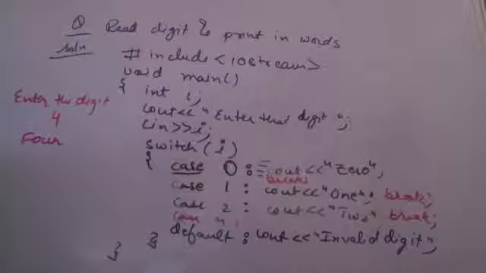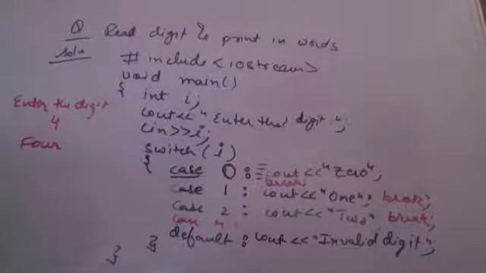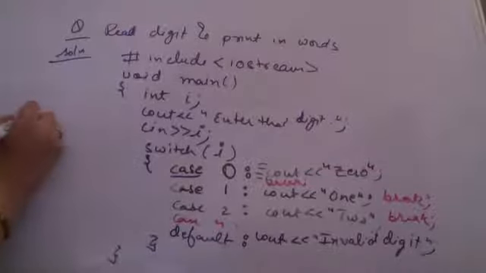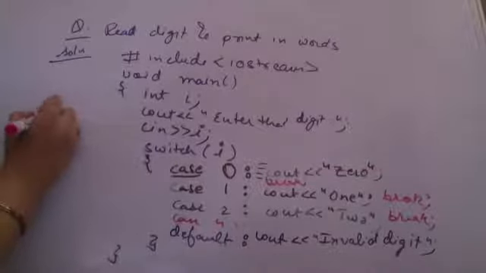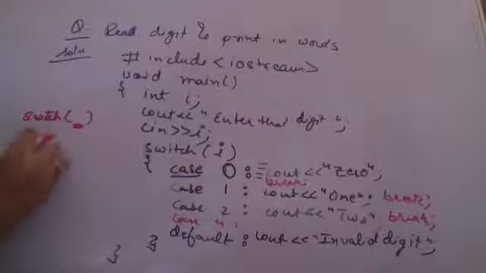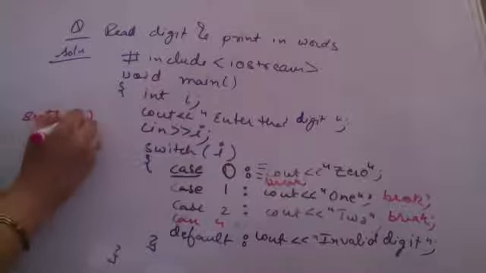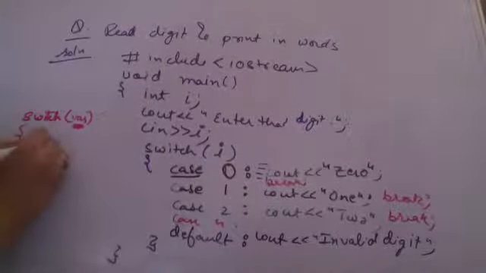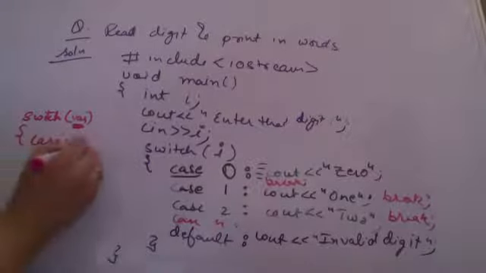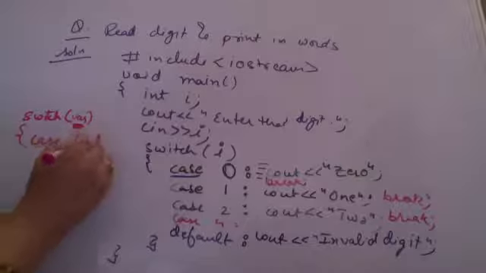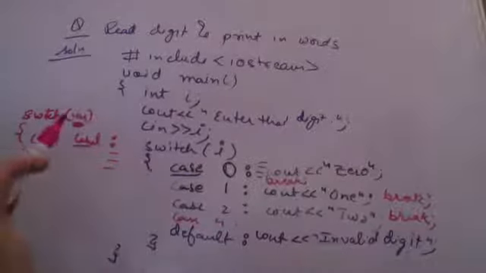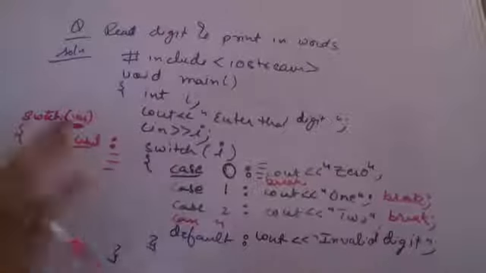आपका program है. By syntax, what is necessary, I will tell you. Syntax में switch के बाद कोई variable. This is necessary, that you mention a variable here. After that, you must mention at least one case, and you should be having the label of that case. And then you should be having colon, you should be having some statements, or you might not be having statements. जरूरी नहीं है कि statement हो.